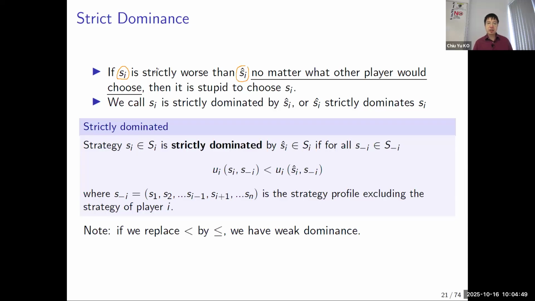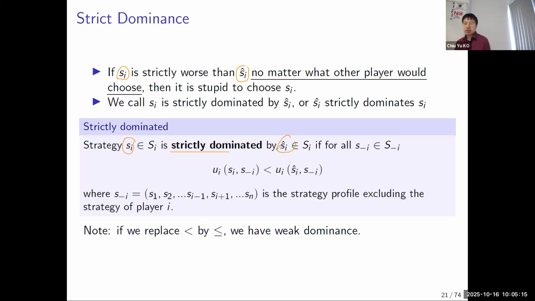It means that no matter what other guys would do, s_i is worse than s_i hat. Okay, strictly worse. In that case, then you would not be doing that. Okay, formally it is like the following. We fix a player i, okay, and for player i, a strategy s_i is strictly worse than, it's called strictly dominated by,